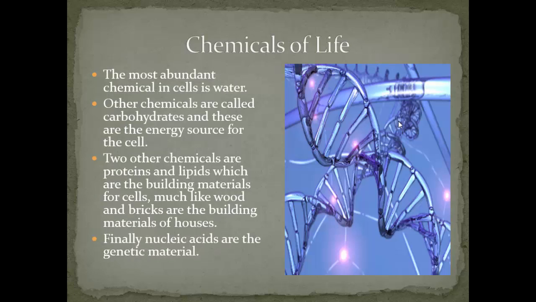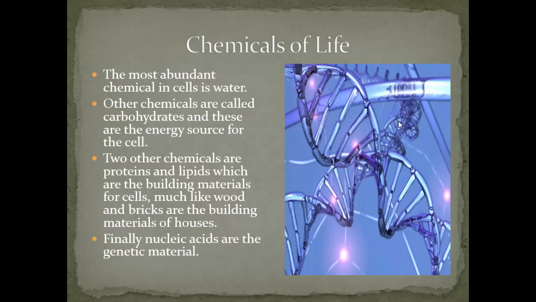The most abundant chemical in cells is water. So water is the main chemical of life. Other chemicals called carbohydrates are the energy source for the cell. So think of it like the fuel for a car. Without carbohydrates, we won't have any energy. We also have proteins and lipids. Lipids are fats,